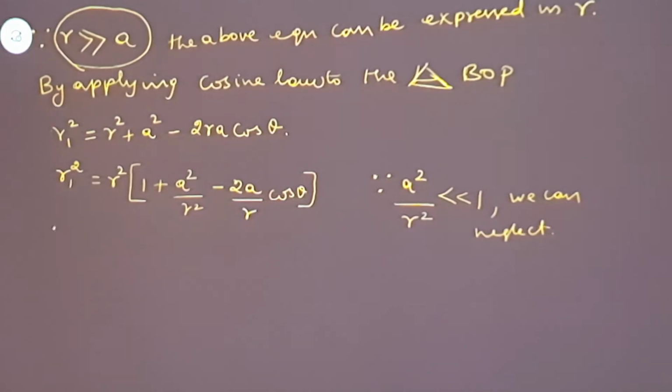By neglecting this, R1 square can be written as R square into 1 minus 2A divided by R